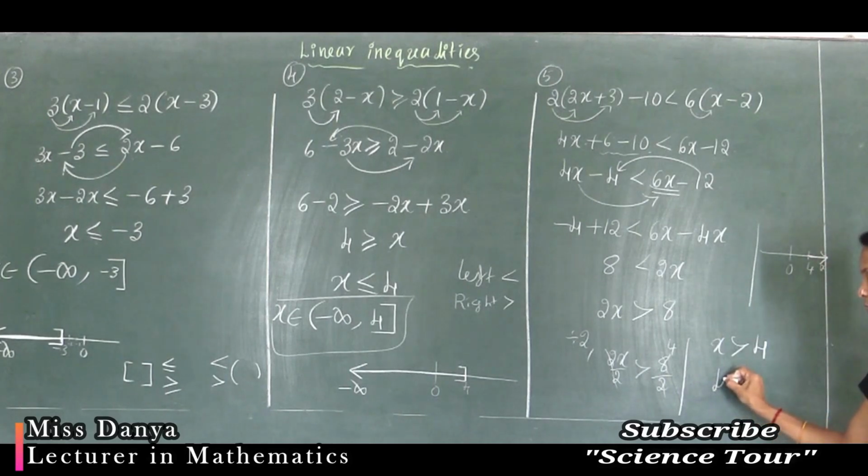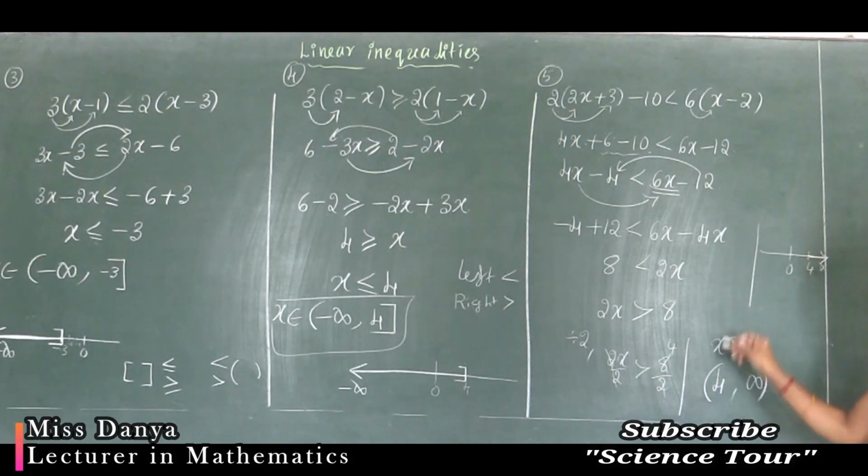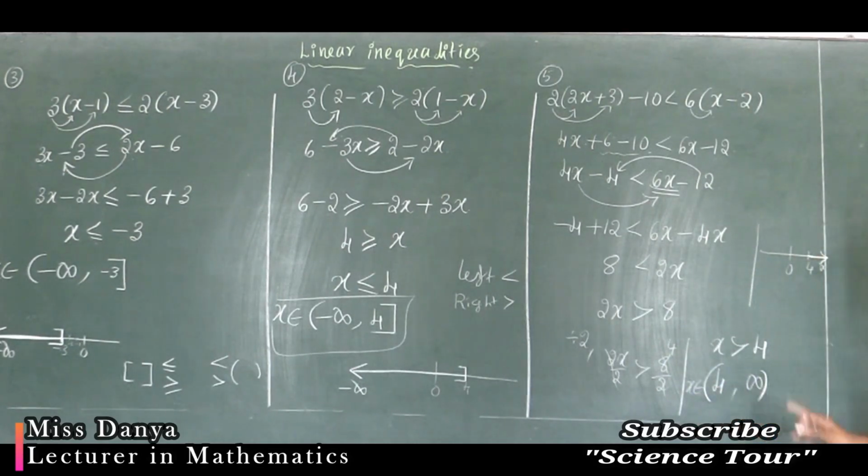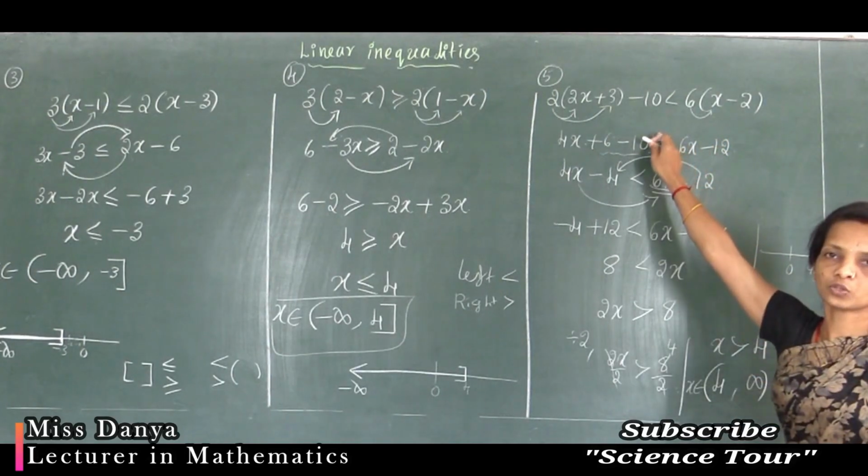So you have to write down the first number 4 in the interval, and where it ends, that never ends, but that is on the positive side. On the positive side you have to write plus infinity, with a comma in between. On the infinity side you have to write an open bracket, and on the 4 side which bracket you have to write? Since you have a strict symbol here, you have to use a round bracket. So this is the solution of that inequality, and here you have to write x belongs to. X belongs to means belongs to this interval, means you can take any real number in this interval. Those real numbers will be the solution of this inequality.